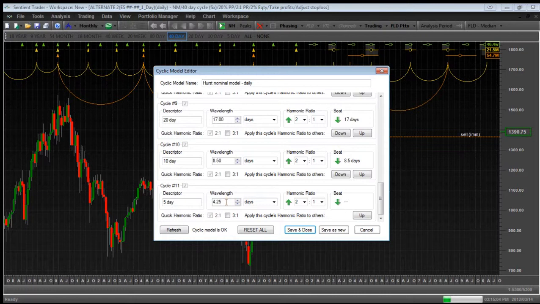The other thing that you must never do is you must never have a shortest cycle that has a wavelength shorter than 3 bars of the chart that you're applying it to. Okay, so if you're working with end-of-day data, you must not have a cycle that's shorter than three days. If you do that, you're going to cause endless problems, because